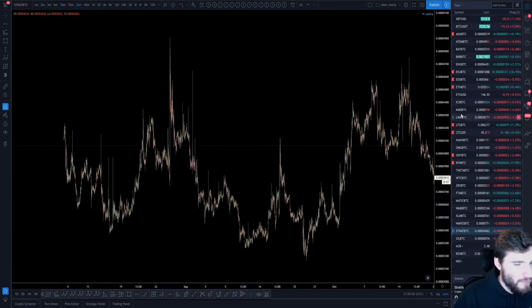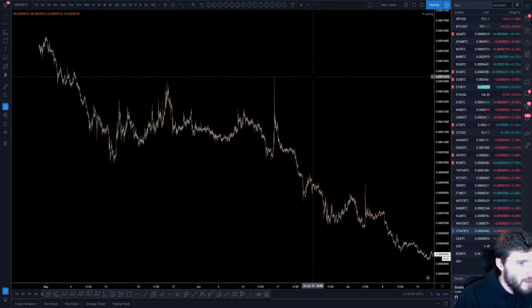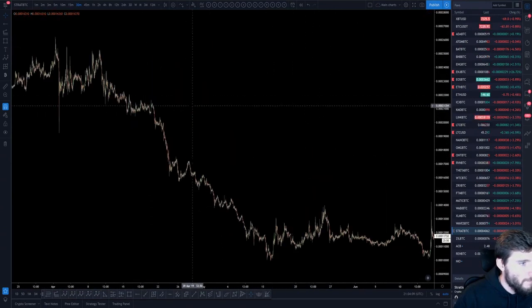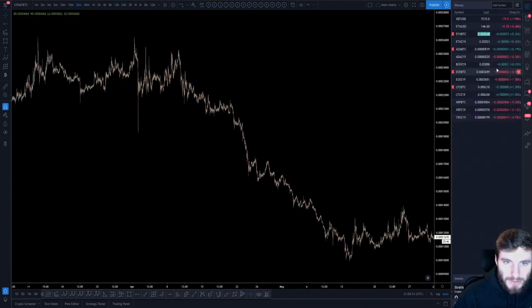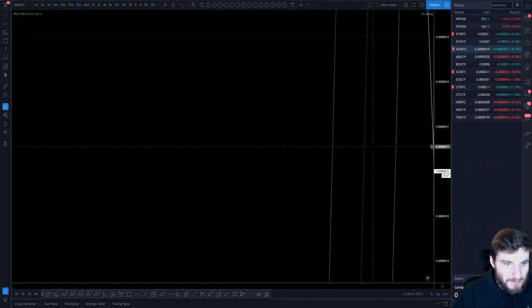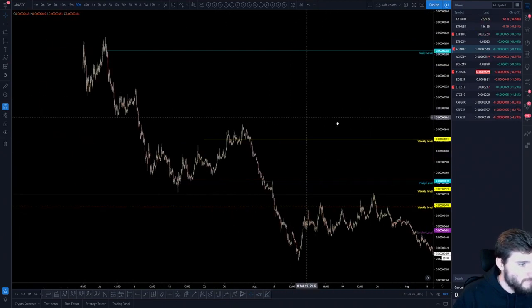I'll do one example of going down just so that fully makes sense to the downside as well. So let's use a coin that you can actually short. So let's do an example on, let's say, Cardano. I've done Cardano, haven't I? Oh, let's just do Cardano at a random point.